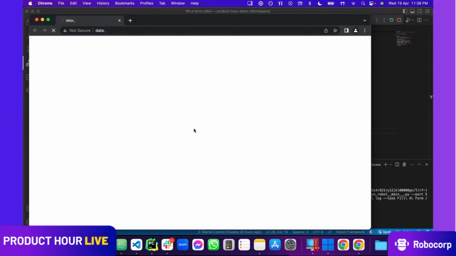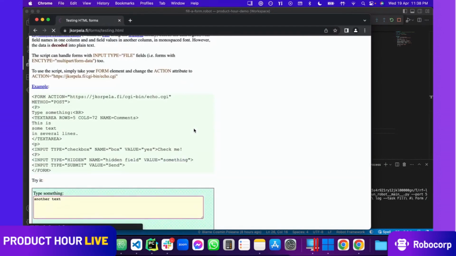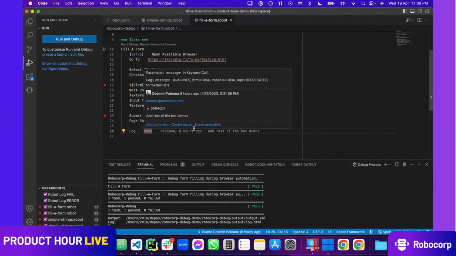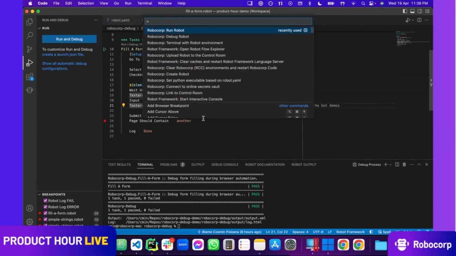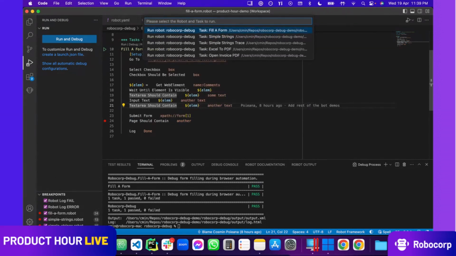So the browser opens, going to the page, clicking that checkbox, submitting the form, and it just finished and closed the window so fast that we didn't even have the time to see that the form was successfully submitted, and then the page was checked to see if it contains this other word coming from this other text submitted to the form. If I want to check that, I can run it again, bar robot, fill a form.